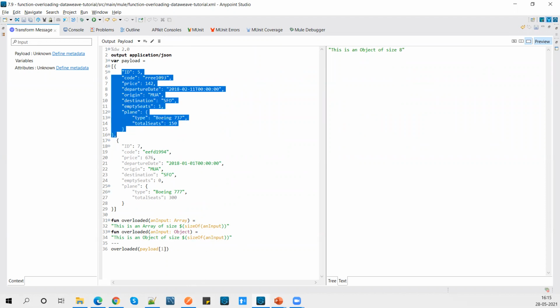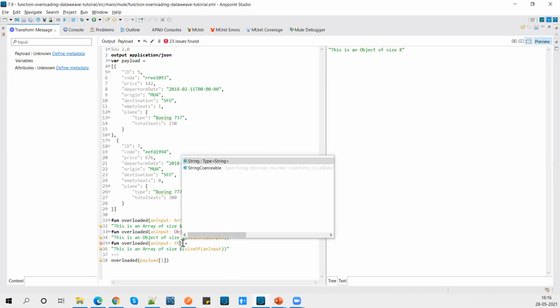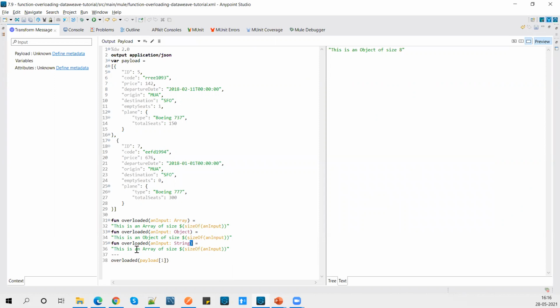Now let me create a few more definitions of the same function with a different parameter. Let me go ahead and create. What if I pass a string over here? Say if my input is of string type, so this is a string.